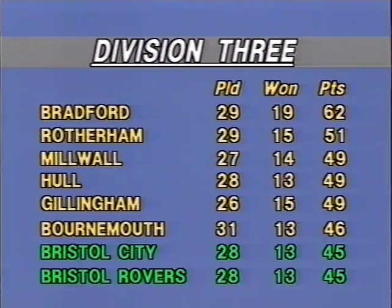And having the bad run of results that they have had, it is important to get a victory behind you to give you that boost of confidence that they need. I was going to ask you about this, the psychological effect of actually getting the win, never mind how you played, but getting the win after that little lean spell. Yes, it's important, especially with the fixtures that they've got coming up this week. City at home to Derby tomorrow night, and then home to Millwall in the top half of the...